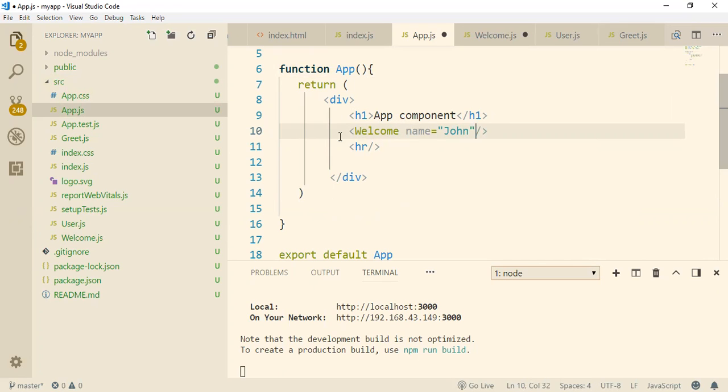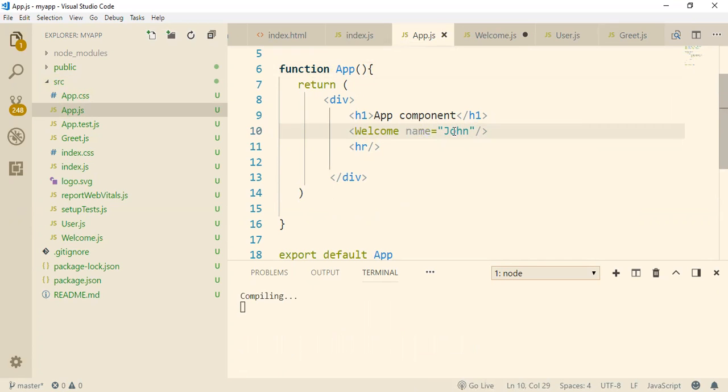Okay. So watch here, this is the Welcome component, which we are populating inside the App component. When populating the Welcome component inside the App component, we are passing some information in the form of key and value pairs. Now save it.